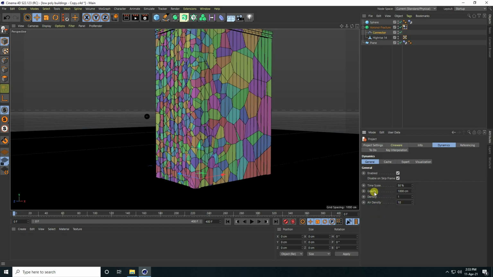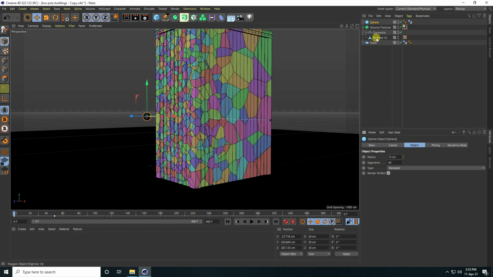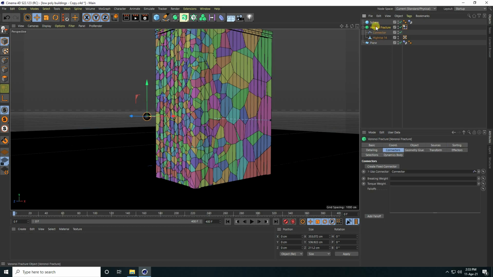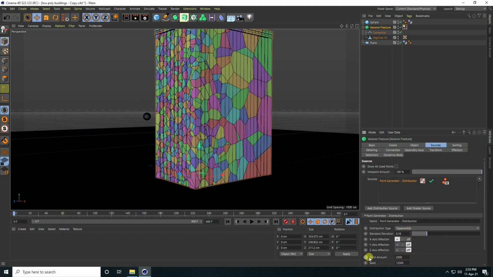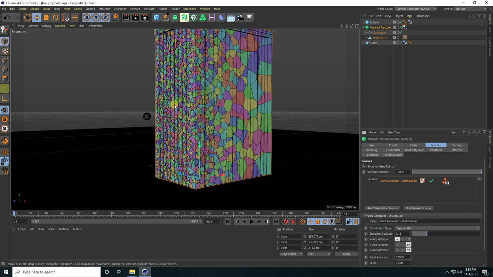Also change gravity to like 800 centimeters. Increase the spare a little bit, like 15. Then go to the Rodney Fracture tool and go to source. I increase the point amount to like 10,000. Then go back and play.